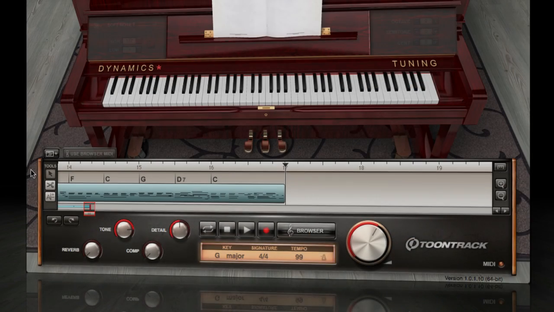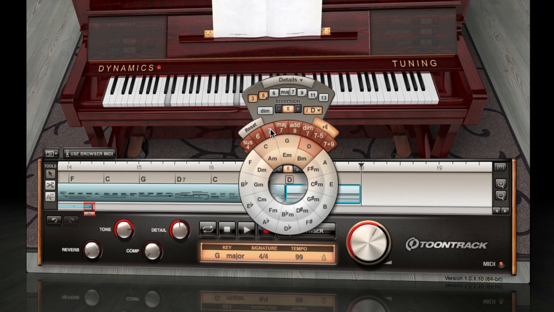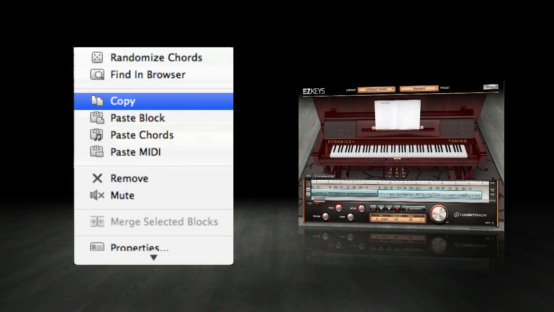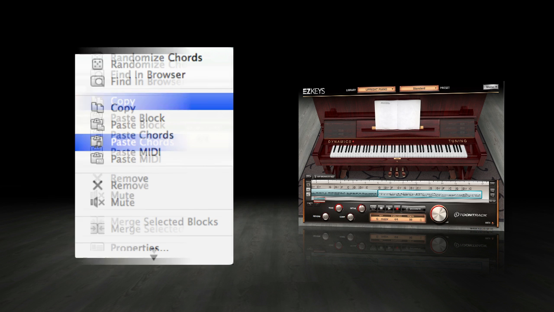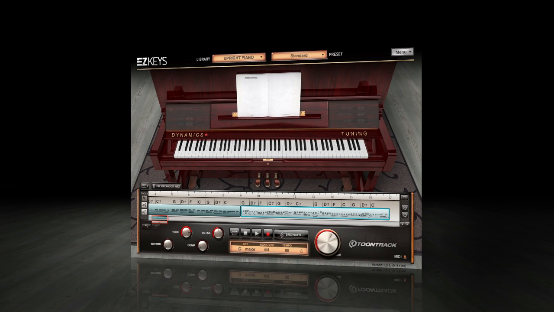Once you have created a complex piano part and have taken the time to add chords, customize voicings, and change inversions, you can now easily copy and paste your chord progression onto other song blocks. This works the same way with the MIDI performance, meaning it is now possible to copy and paste a performance